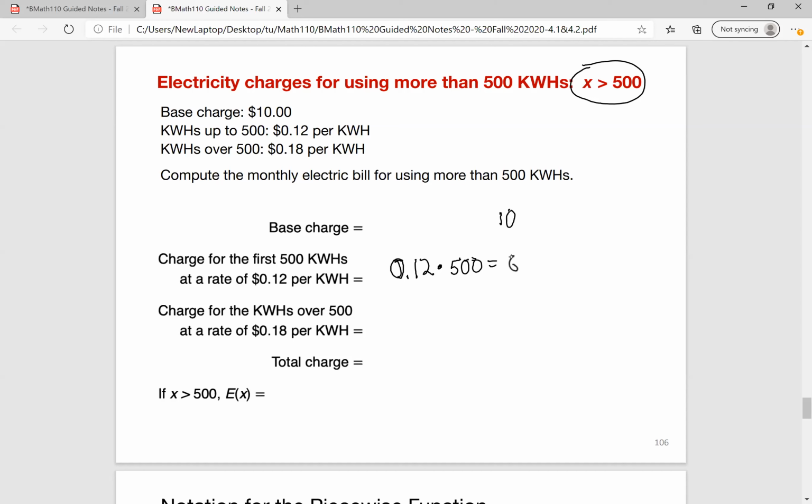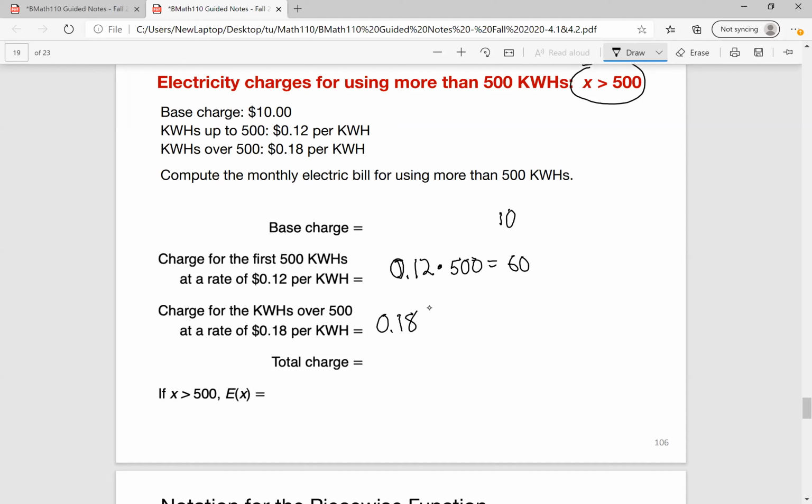That's gonna give you $60. And then for the rest after 500 kilowatts, you have to use a new rate